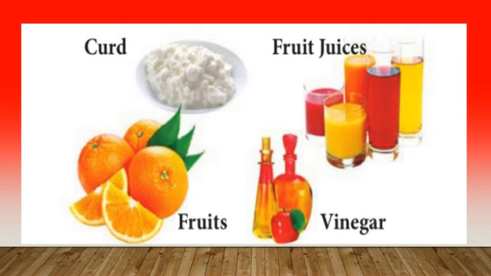These are the edible items which we use in our day-to-day life. They all have a similar taste, that is, a sour taste. A certain type of chemical compound present in these sour-tasting items is called an acid. The term acid is derived from the Latin name acidus. Now we are calling it acid.